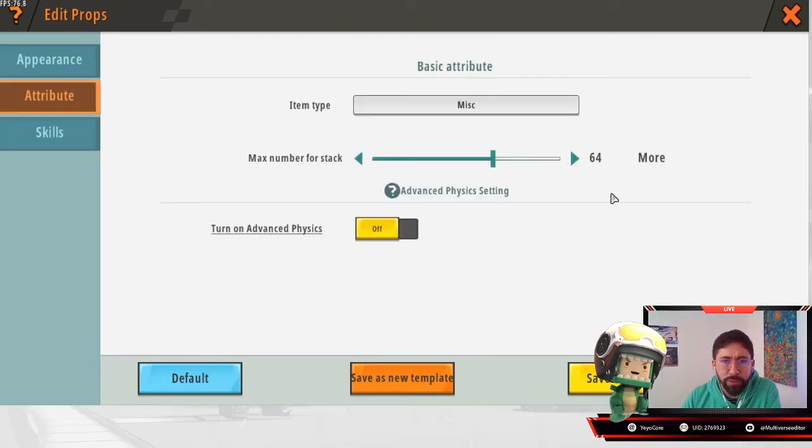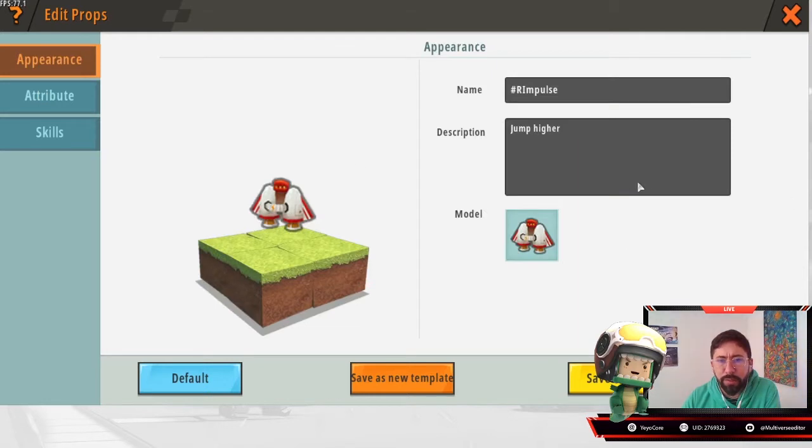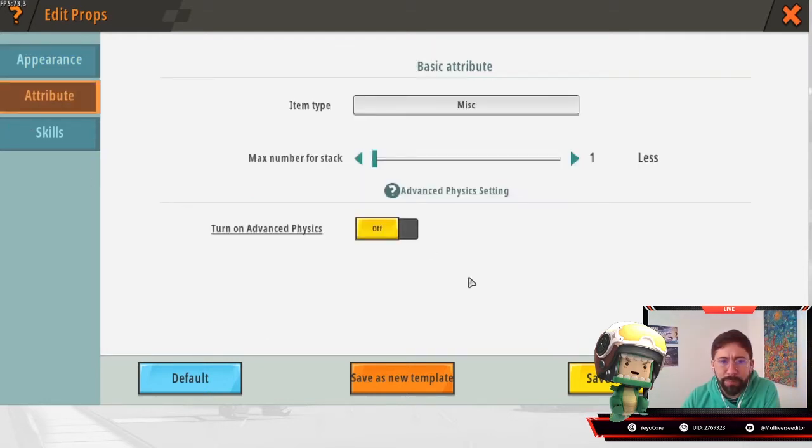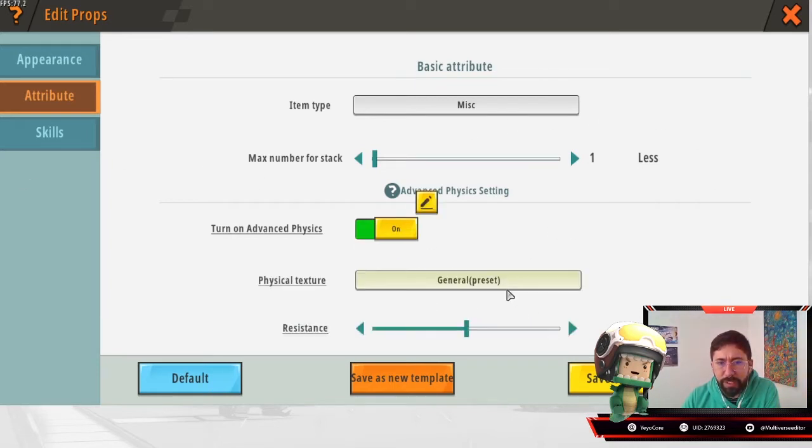So we are going to use the attribute here. We are going to choose one. I just want the player to have one. If the player gets another, it's not going to be in the same stack. It's going to be in a different one. And we are not going to touch this, but let me explain how it works. If you set up the